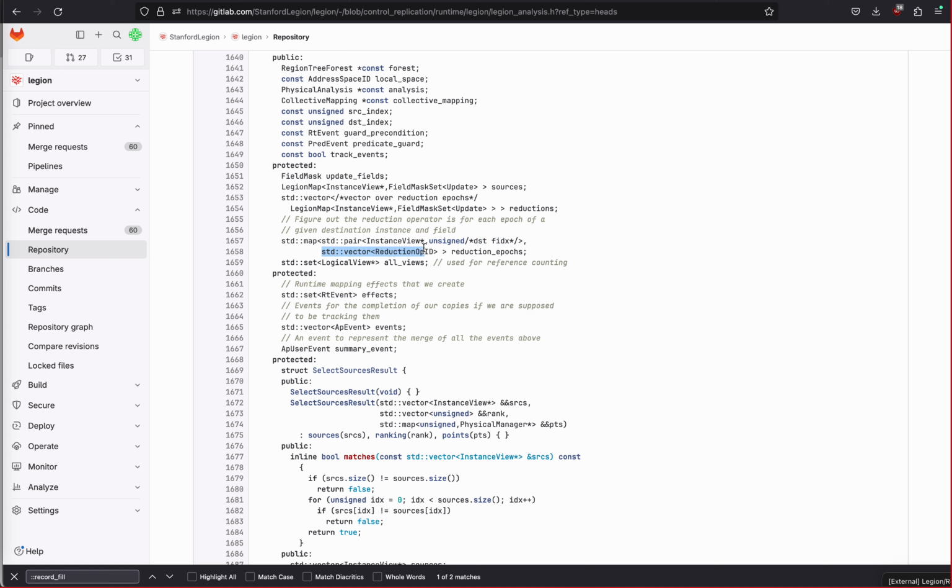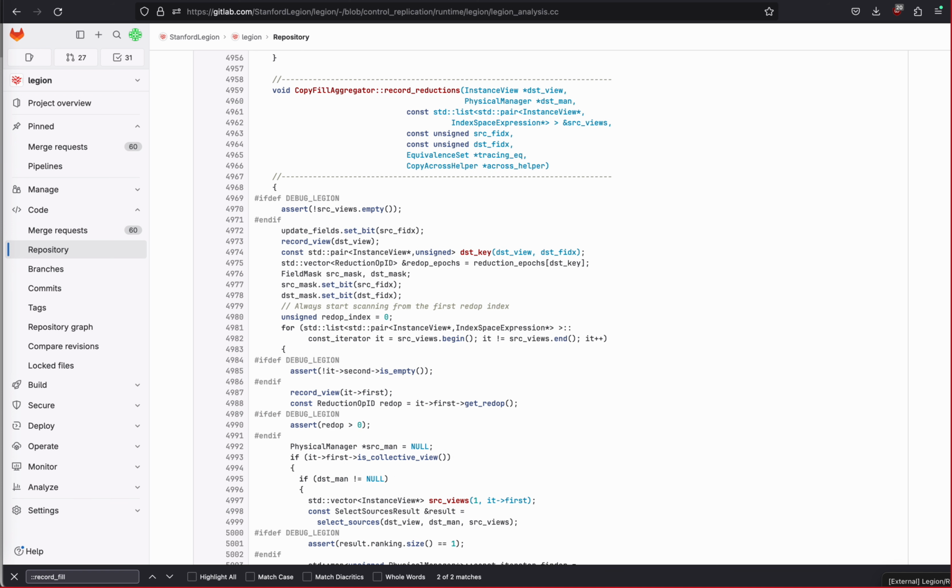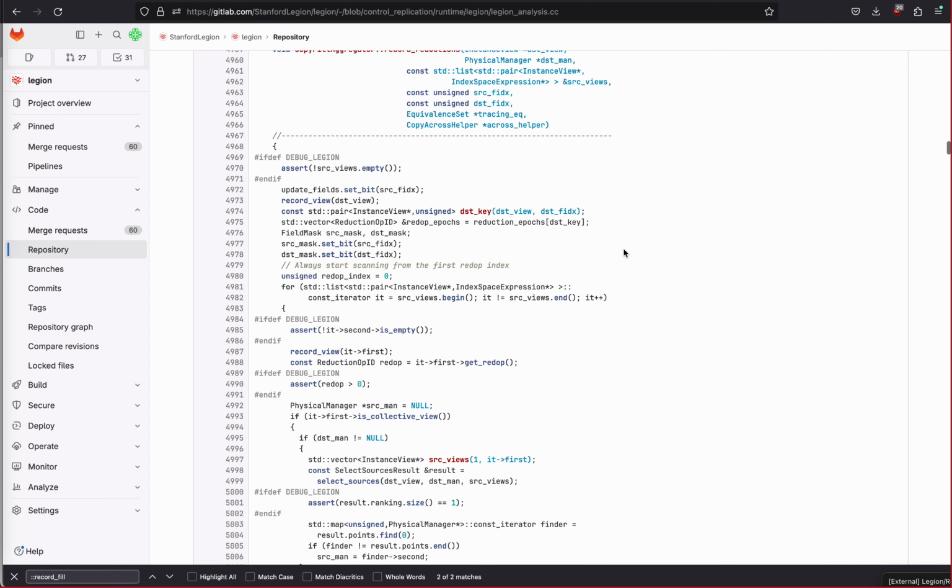This is the vector of reduction operators, and it'll effectively tell you, for each entry in here, you search through this vector for your reduction operator ID, and whichever index you find is the same index that you can use to index into this vector up here. And if you actually look at this code, one of the first things you do is try to find which index into this